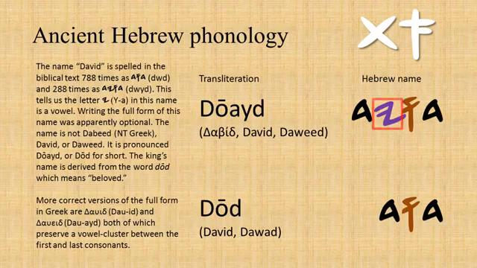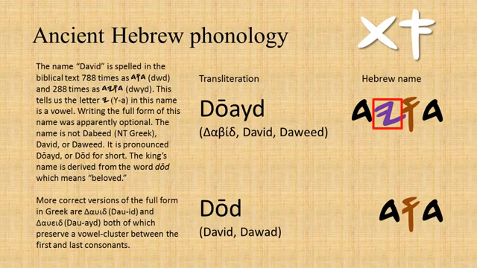Finally, let's look at the name of King David, since there are some claiming incorrectly that there are no vowels written in the ancient Hebrew. The king's name is spelled in the Bible 788 times with the letters Da, Wa, Da, and 288 times with the letters Da, Wa, Ya, Da. It is not logical to assume the letter Ya in the full form of the king's name is a consonant, because this would mean there were two drastically different ways to say the king's name, so it must be a vowel letter. The king's name is not David as it appears in the Greek New Testament.